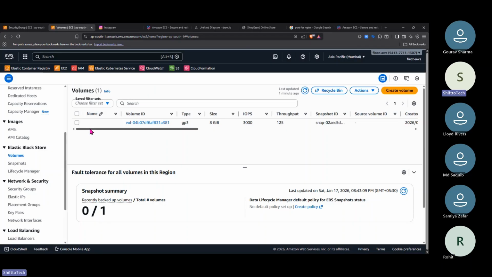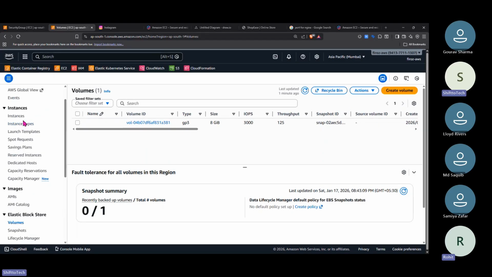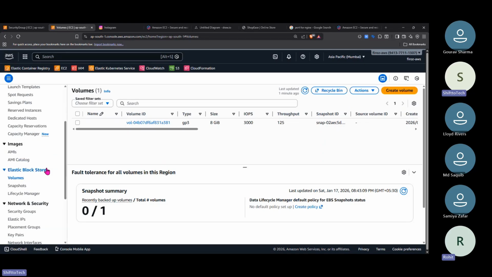Whatever you are using, you will be charged for that only. Spot and on demand are the same? Same only, yes. Okay, fine.